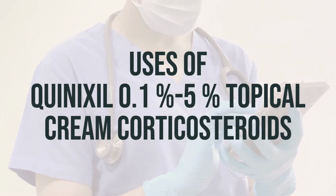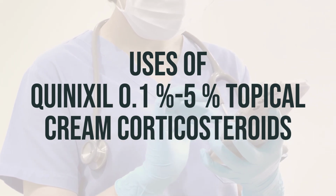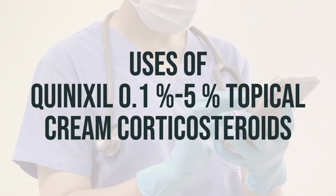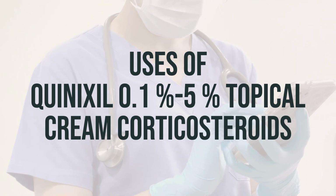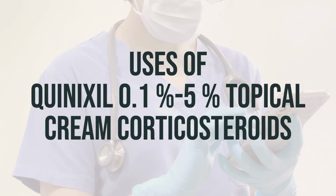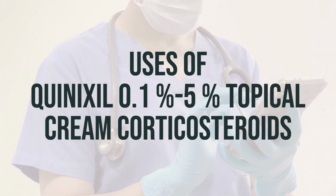Quinixil 0.1% to 5% topical cream corticosteroids is a medication used to treat skin conditions such as eczema, psoriasis, allergies, and rash. It helps decrease swelling, itching, and redness. This medication comes in different forms like cream, ointment, and lotion. Your doctor will choose the best type of product based on the skin condition and the area of the body